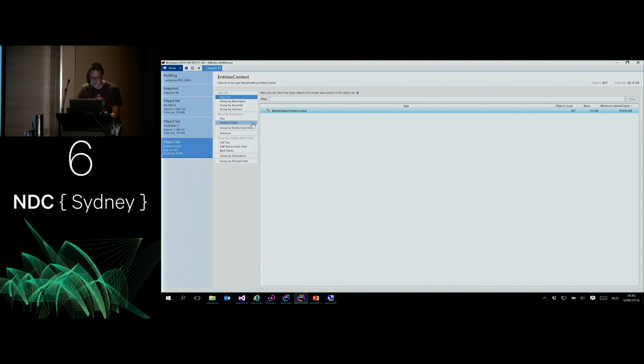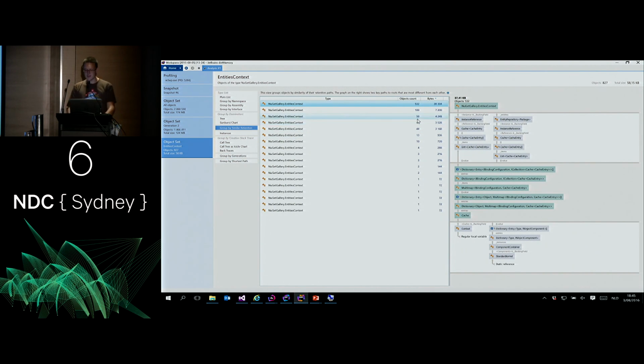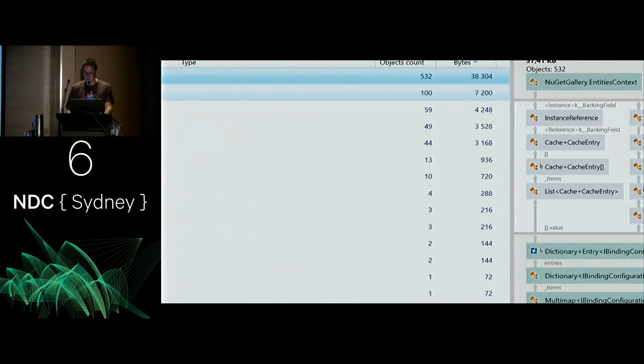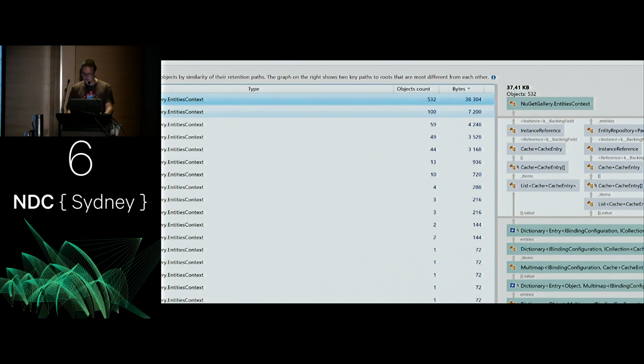And what we want to see is which object is holding on to these entity framework contexts. So what we can do is group by similar retention, and we can actually get a nice diagram telling us where the entity framework context is being held in memory. And if we look at that diagram,